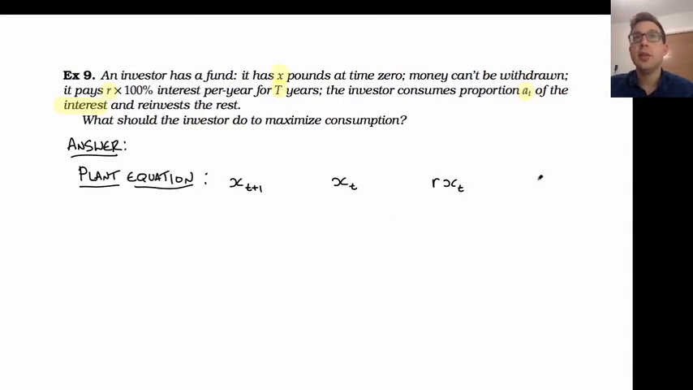And then we know that A_t of that we consume, and so 1 minus A_t of that is then reinvested back into the fund. So the amount of money that we have at time t+1 is equal to the amount of money at time t plus the amount of money that's put into the fund at time t from the interest. Okay? And then our objective, the thing that we want to maximize,